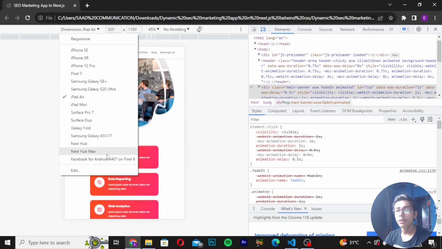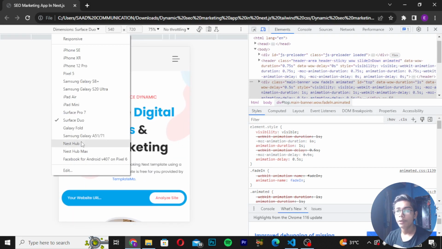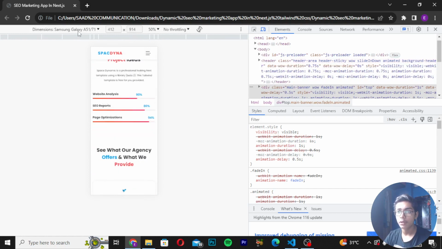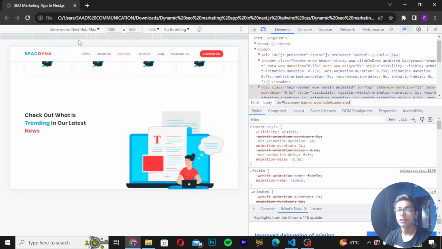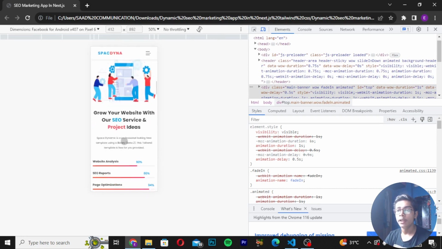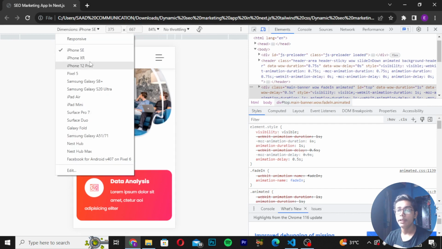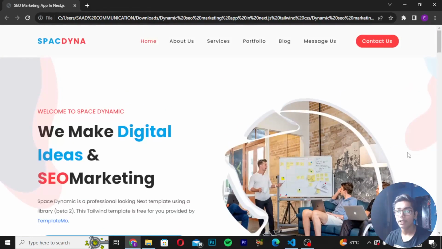Then if I show you here in the Surface Duo, you can see in Surface Duo also it is looking good. Then if you want to see it in Samsung Galaxy A51 and 71, you can also see it in that, which is looking awesome. And I hope you understand that. Nest Hub Max, and you can also see it for Facebook and Android Pixels. You can see in every device it will be really awesome and really amazing looking. So I hope you understand how we can create this amazing full stack SEO marketing application from start